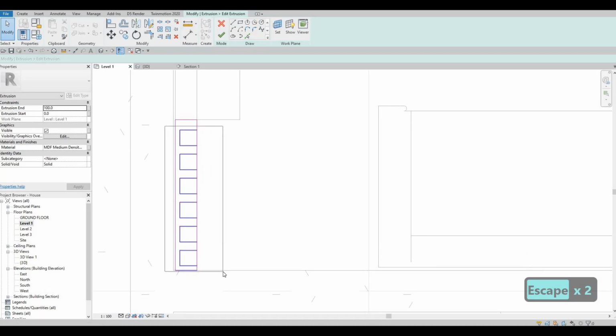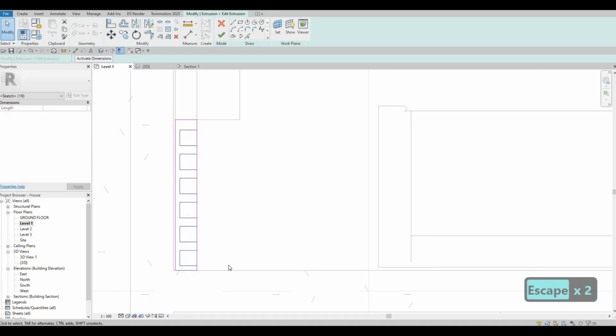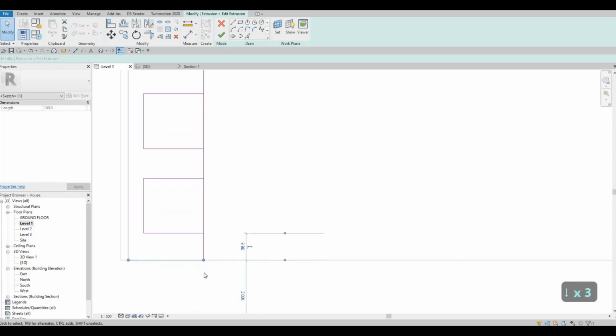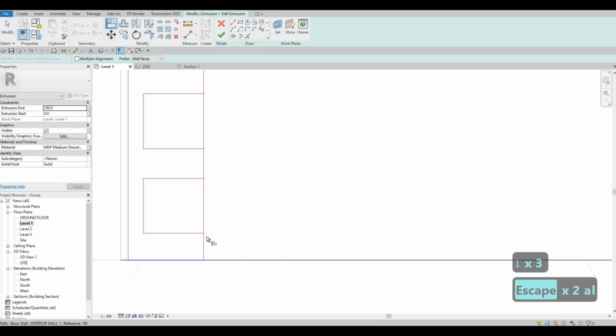And then here what we could do is we could just adjust this. Let's make sure this is aligned,